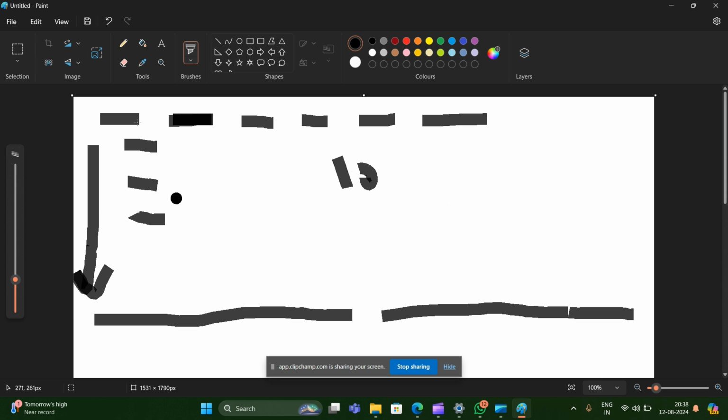In this way, however many elements you are using, say 1, 2, 3, 4, 5, 6, you divide 100 by 6 and see what percentage you get. Every label you have to give that particular percentage. Here I have two labels, and I will give 50% width. So now we will see it practically.